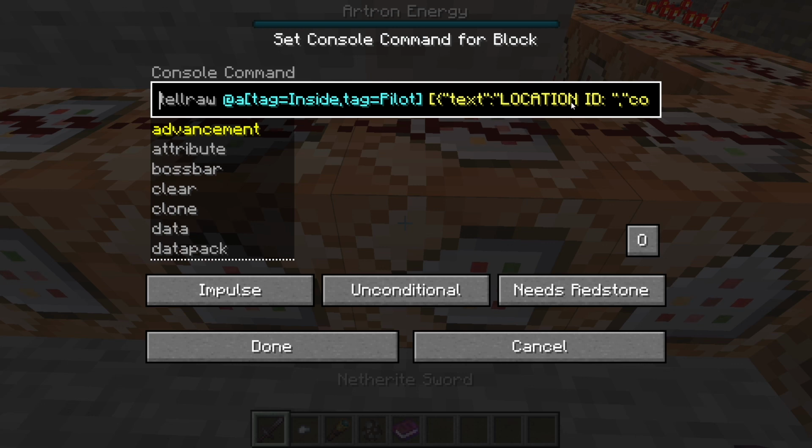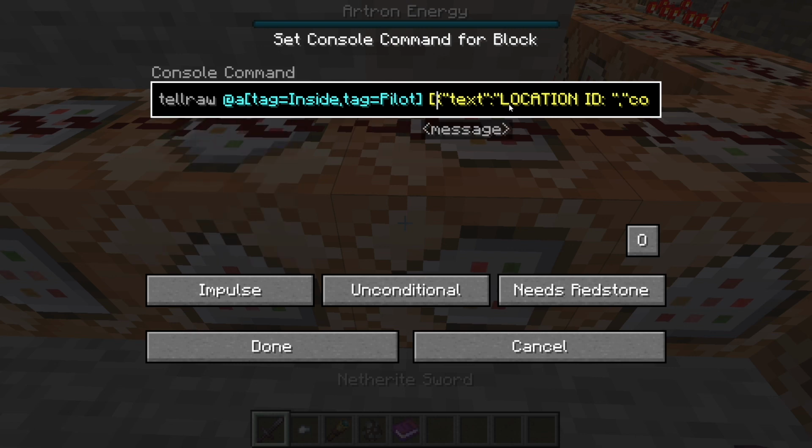Now the ID actually just refers to a scoreboard value. Obviously yours might be a bit different if you don't use scoreboards for keeping track of your locations and your exteriors and whatnot. But if you do, or use a scoreboard for literally anything, this is going to come in handy. So what you do is tellraw that player, and we have location ID, and then what you're doing in your second set is score. So you're going to tell the player a score from a scoreboard,